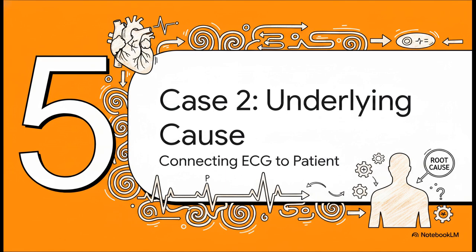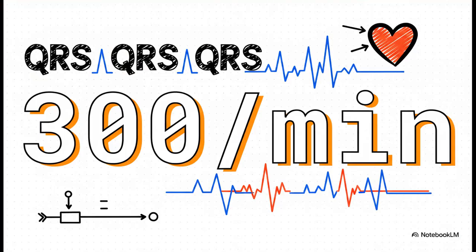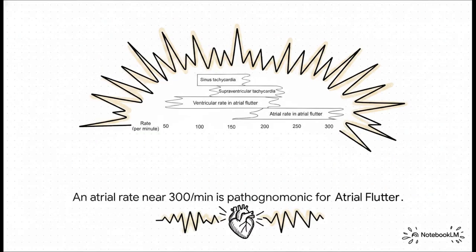Okay, now let's connect the dots. What did these very precise ECG findings tell us about what's happening inside this patient's body to cause a rhythm like this? Those paired beats at a ventricular rate of 200 give us a huge mathematical clue. This pattern strongly suggests a 3-to-2 AV conduction block. That means for every 3 atrial impulses, 2 are getting through to the ventricles. Well, basic math tells us that if 2/3 of the atrial rate is 200, the underlying atrial rate must be exactly 300. A regular atrial rhythm, firing away at a rate of 300 beats per minute, is pathognomonic for one